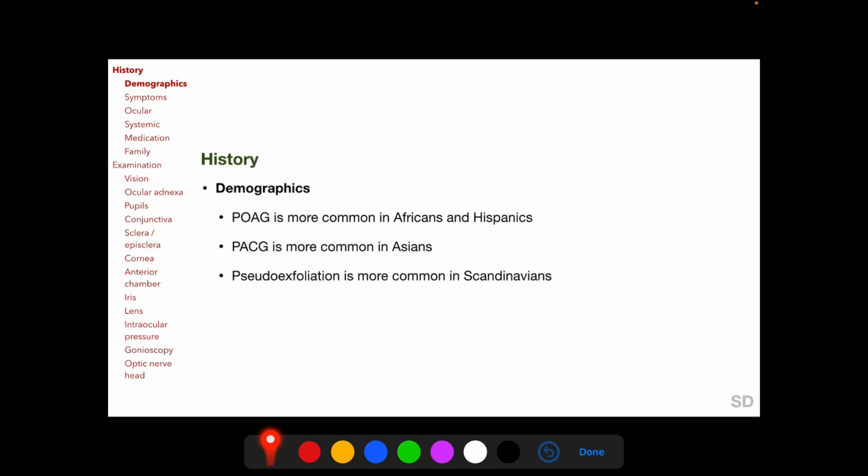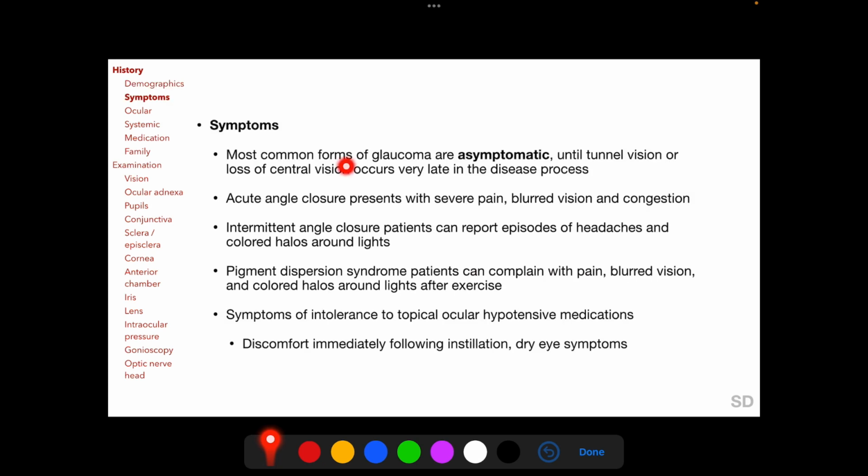Determining the race of the patient is important because primary open-angle glaucoma is more common in Africans and Latin Americans. Primary angle closure glaucoma is more common in Asians, particularly East Asians including Indians, and pseudoexfoliation syndrome is more common in Scandinavians. Most common types of glaucoma are asymptomatic until tunnel vision or loss of central vision occurs very late